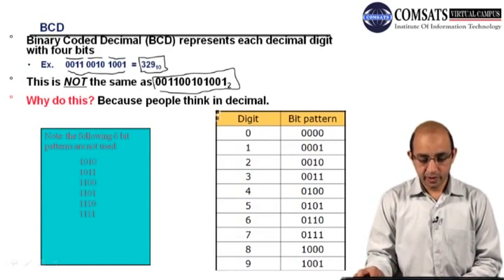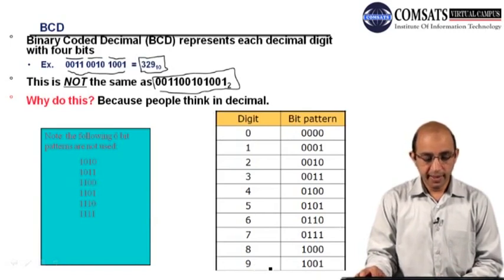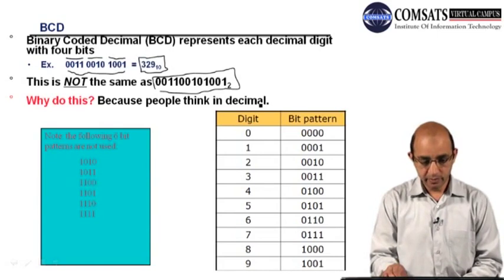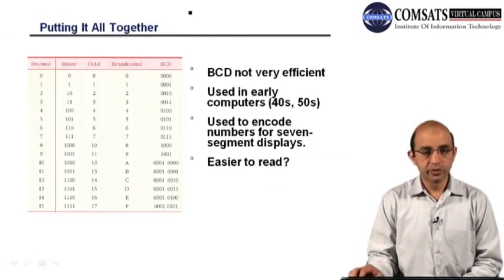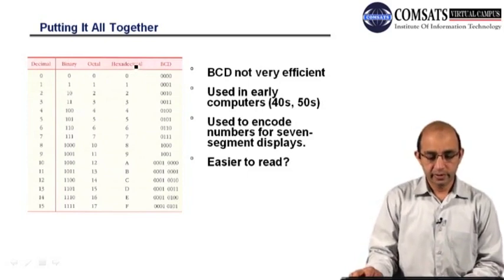And this is the table mentioning this binary code. We have digit 0, then 1 and 2, and so on and so forth, and we reach till 9. And these are the 6 patterns that are not used, they are excluded from this BCD, right? So if you put all the things together, because we know binary, and we know octal, and we also know hexadecimal,